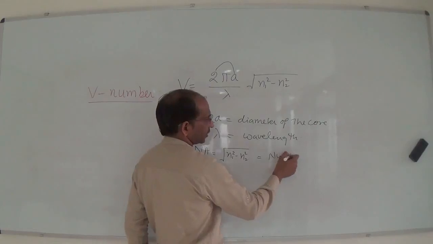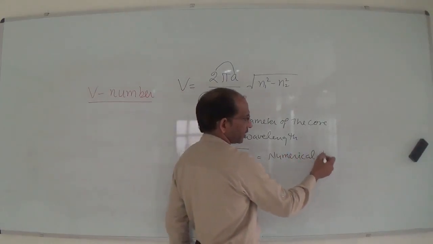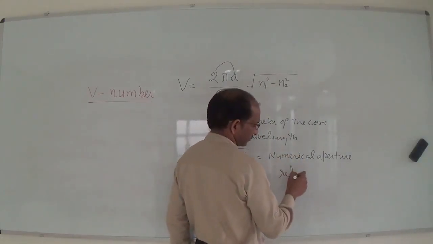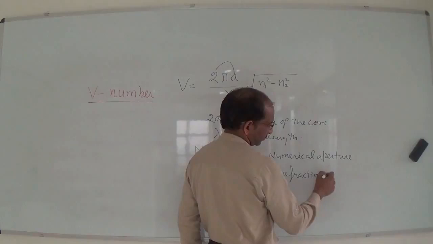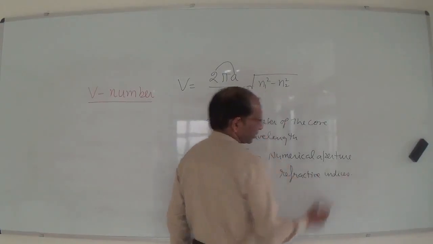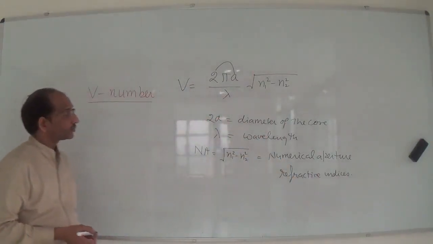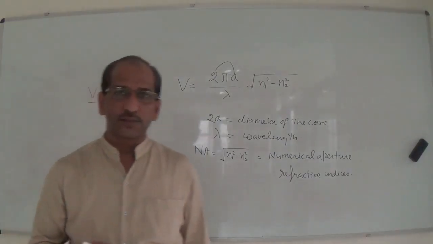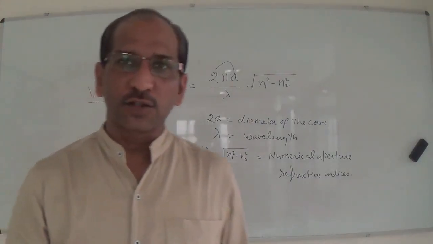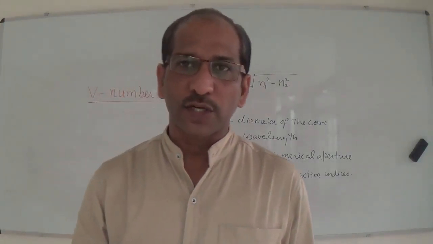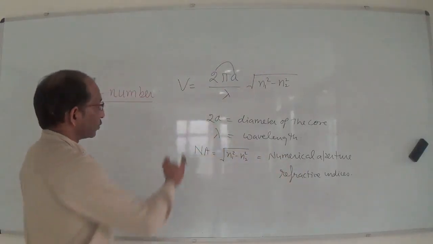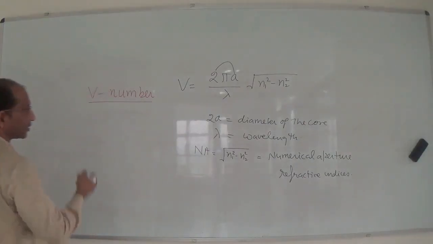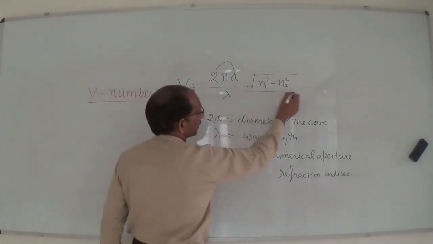This numerical aperture in terms of the refractive indices, right, n1 and n2. So because of this reason, this optical V number is important. This normalized frequency parameter is important because it includes all the information of the optical fiber, and this numerical aperture you can write in a different way,